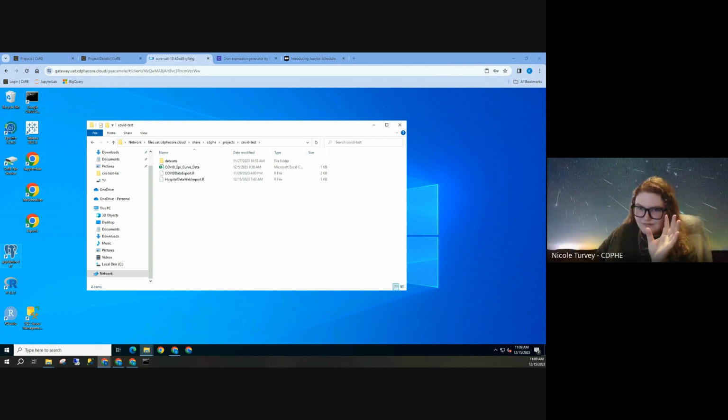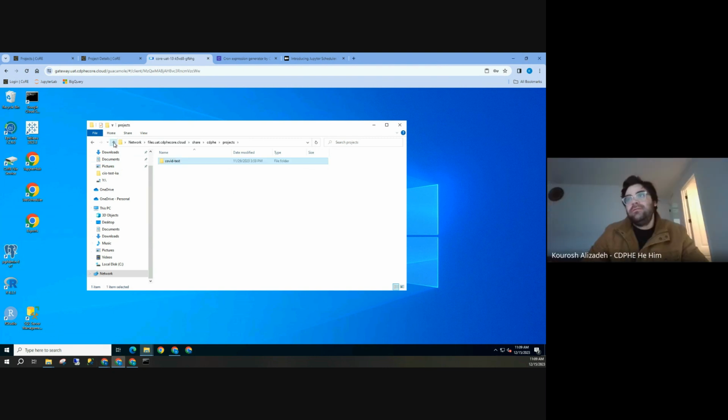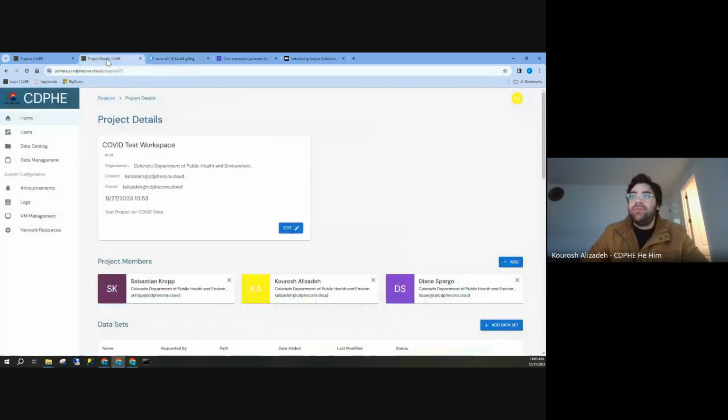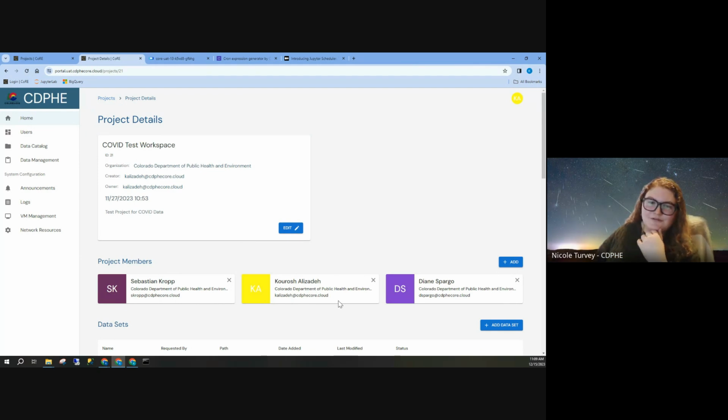So it's like a drive, and is this a drive that is shared with everybody in the Data Lakehouse? And then you just get permissions per project? You can think of it that way. This upper echelon is in some sense available to everyone, just like our shared drives, your K drive, J drive, but once you start down, other people can't. I have access to this project folder COVID test, but actually only me, Sebastian, Diane have that. If you tried to go there, you couldn't. I would have to add you as a user to the project. Okay, thank you. That's good to know.